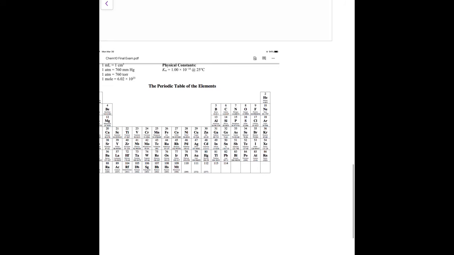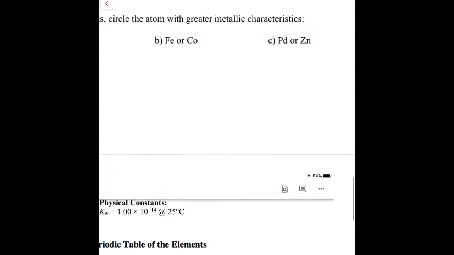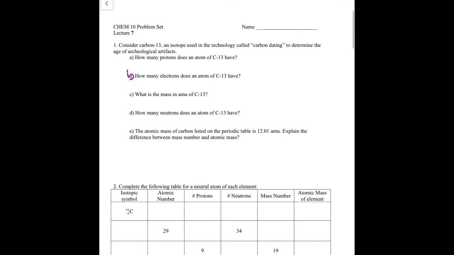So A, how many protons does an atom of carbon-13 have? Remember how to answer this question. Let's go to the periodic table. How do you know the number of protons something has? So this is carbon. How do we know the number of protons? Well, it's the atomic number, right? So in this case, it is 6. So it has 6